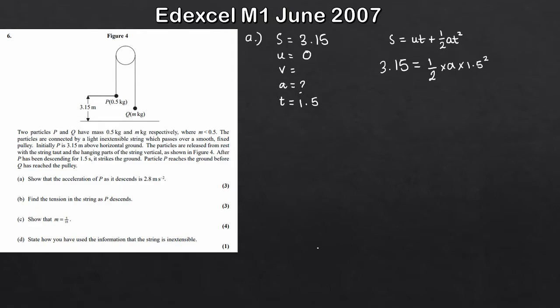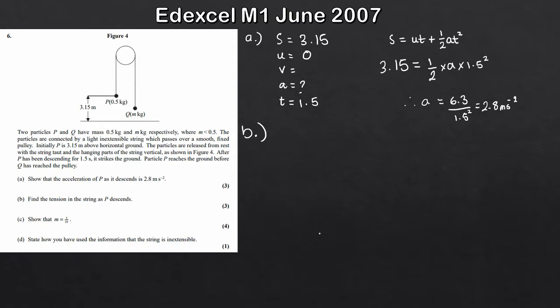And then at this stage here, it's just a matter of solving this in terms of a to get 2.8. So you can times this 3.15 by 2 if you want, and then divide by the 1.5 squared. So in total, what we get then is a is equal to 6.3 divided by 1.5 squared, which would give us, on your calculator, 2.8 there, okay, with the correct units, which is exactly what we wanted to show. So that's part A done. Nice and easy. Part B then, a little bit more difficult,